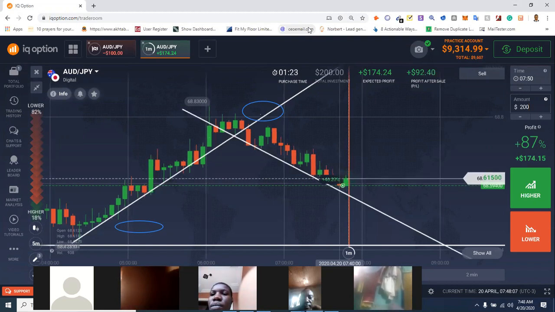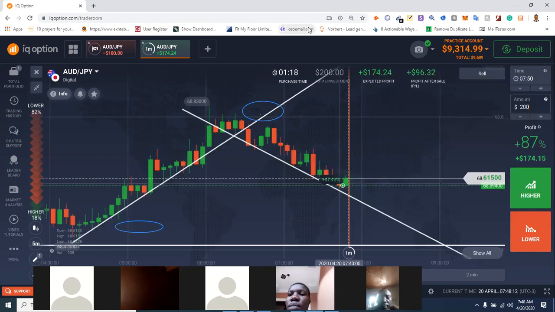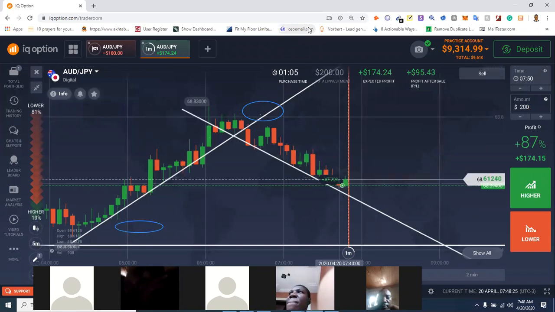Then also, we have the fourth one. I can't remember the fourth one. There are 4 things that we are going to be enjoying. We'll be enjoying this binary. We'll be enjoying sport betting. We'll be enjoying forex trade. The fourth one, I don't know if anybody here knows about it. I've forgotten it. I'll do research and tell us later. Those are the 4 things that we'll be enjoying.